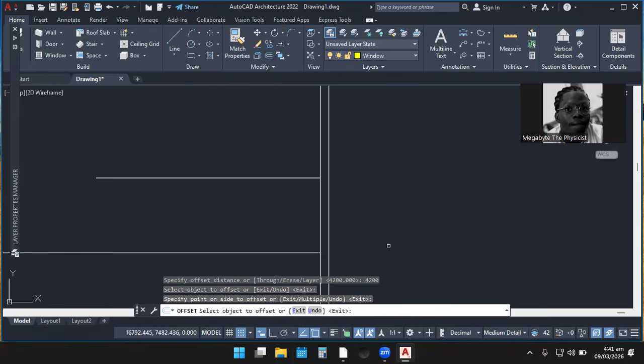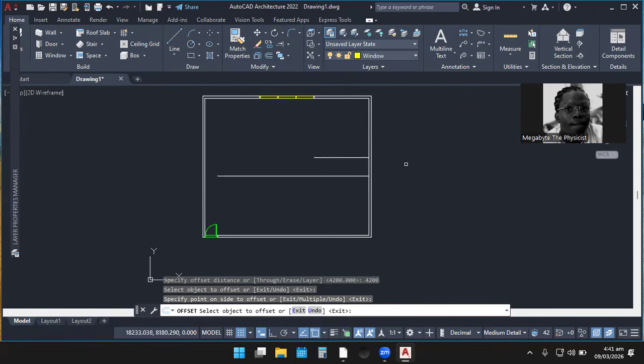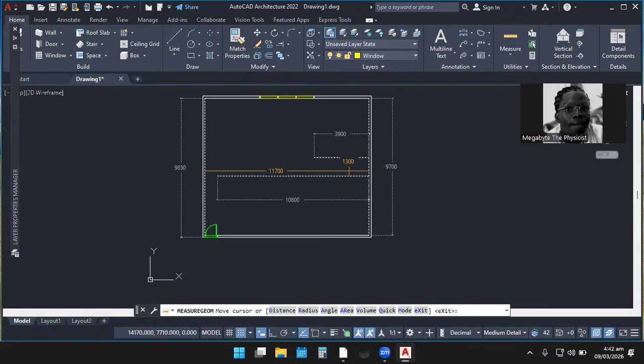Let's quickly try and measure this dimension and see the answer we are going to get. And this is 1,300. Okay. If that is the case, then let's rather offset 1,300 twice.